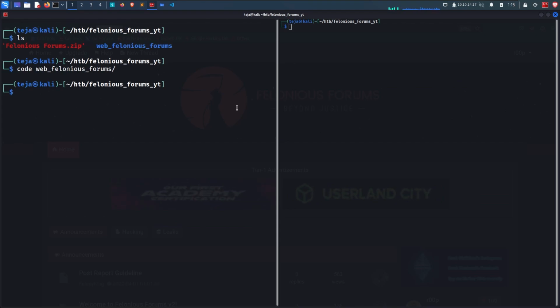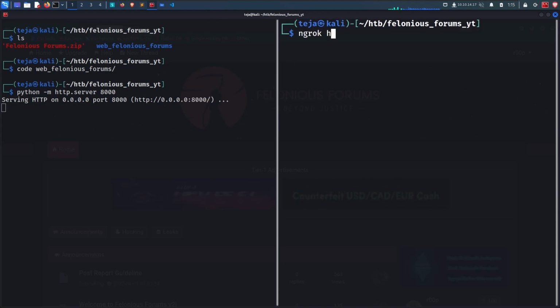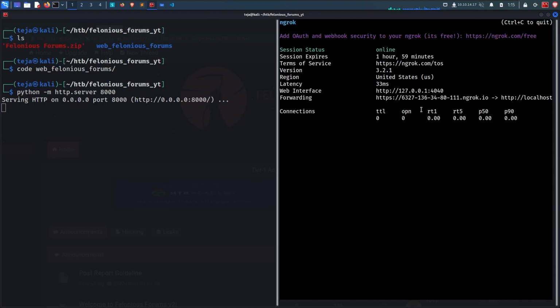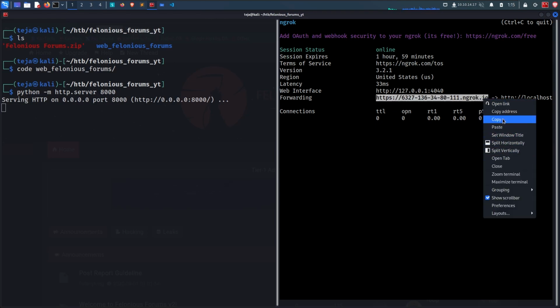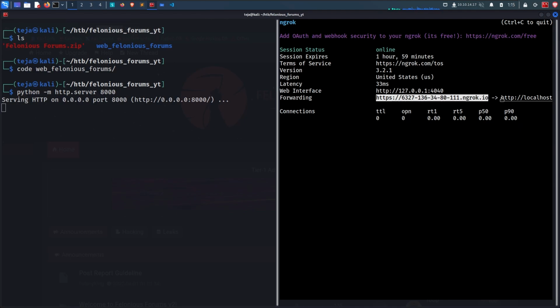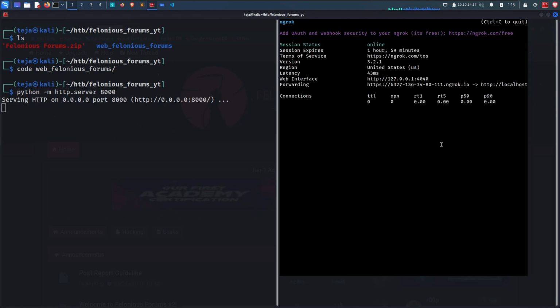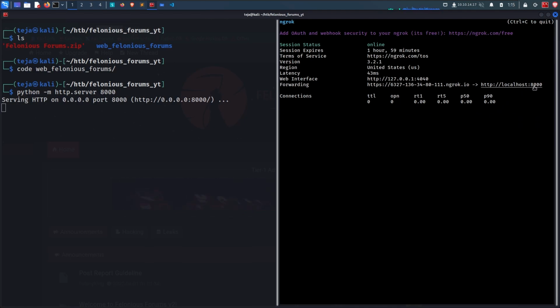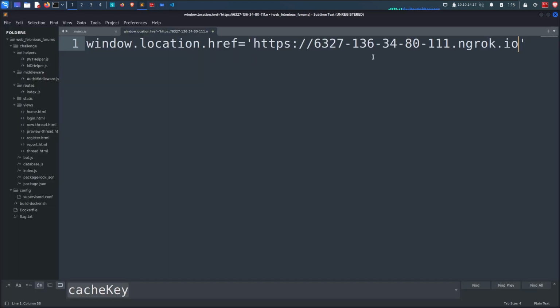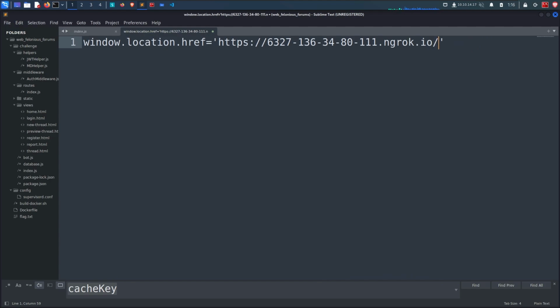So first of all, I'll just create an HTTP server with Python on port 8000. And then I'll create an ngrok HTTP tunnel, ngrok http 8000. So this is going to give me a public facing URL like this, which is basically going to tunnel the traffic to my localhost on port 8000. It is, yeah, 8000. So I can go ahead and make a request to this particular URL right here,